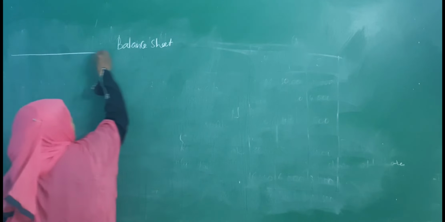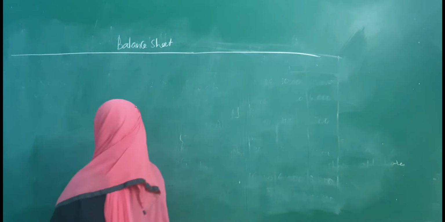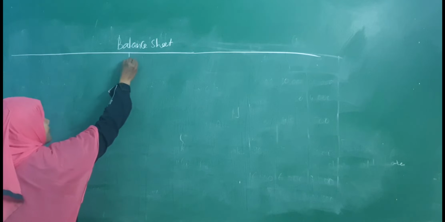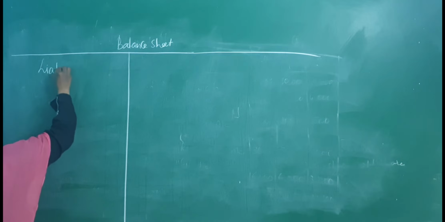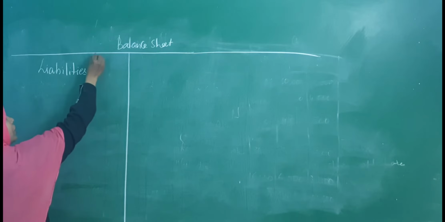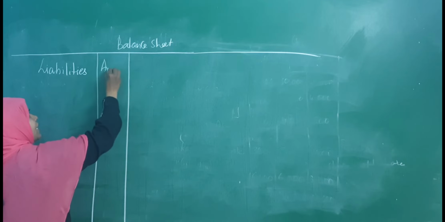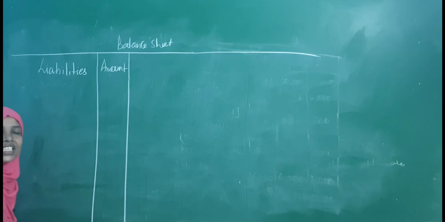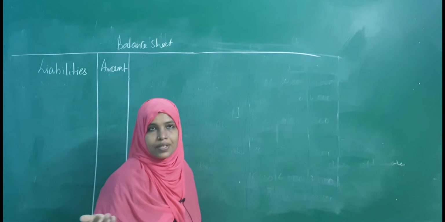Balance sheet. When you are doing balance sheet, it is very important, liabilities. Do remember liabilities very well. Commonly you will have only 5 liabilities: creditors, bills payable, bank loan, bank overdraft and capitals.